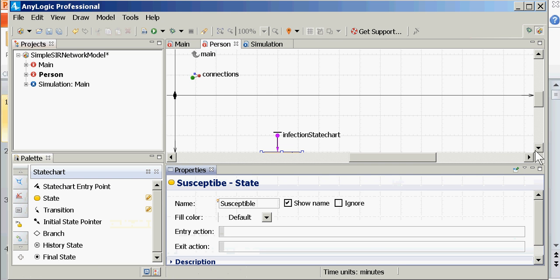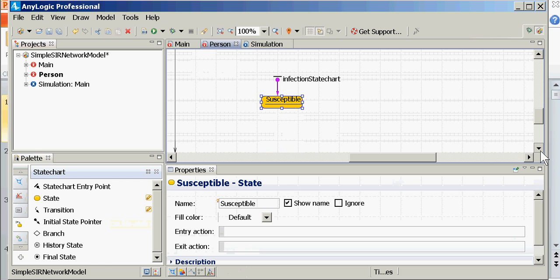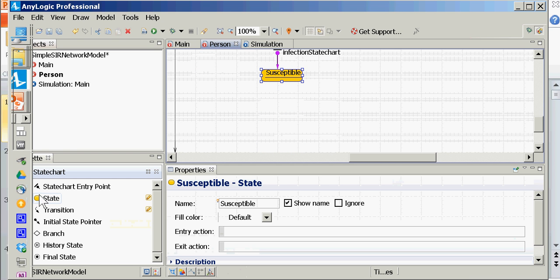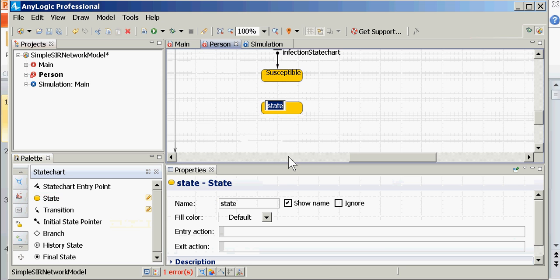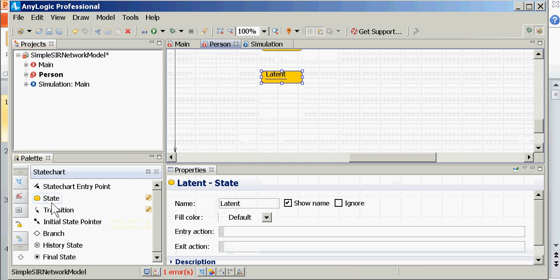And then we're going to drag in, shall we call it latent? It's often commonly called exposed, but let's call it latent. Let's do infective, and let's do recovered. Now,